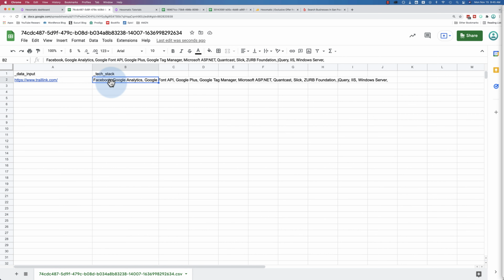So this is what Hexomatic determined is the tech stack for that website. So if you had, say, WordPress services, you could use a scraper to scrape Google results for, say, doctors in Venice, find their websites, use the tech stack to determine whether they're using WordPress websites, and then use the email scraper to find the email addresses, and then enrich the data. And then you have a list of doctors in Venice who are using WordPress to build and run their websites, and you could offer them services. Or if you happen to be a Microsoft ASP.NET service provider, this is great information to have, that this site runs that. So what I'm trying to say here is there's a lot of different ways you can use Hexomatic,